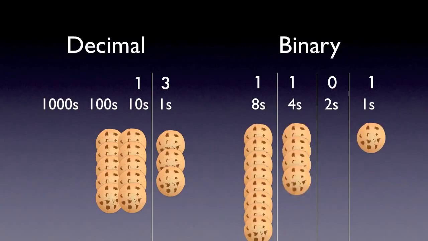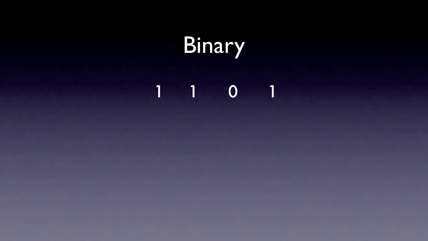Using cookies again to illustrate, we have 1 lot of 8 cookies, 1 lot of 4 cookies, and 1 lot of 1 cookie. Again, a total of 13 cookies. So the binary system allows a number to be represented as a sequence of 1s and 0s. Using electricity, we've learned that we can use the presence or absence of an electric current to indicate a 1 or a 0. We've seen that the number 13 can be written in binary as